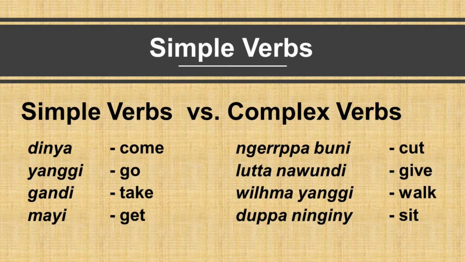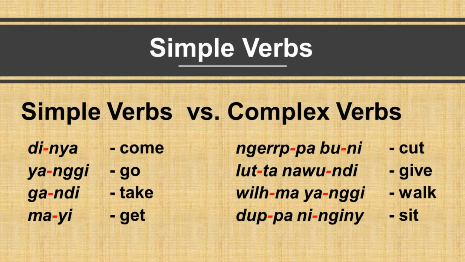So in this slide, you can see that even the simple verbs consist of 2 elements, and the complex verbs consist of 2 words, each of which consists of different parts. So let me explain them a bit. The verbal root for come is just di. When you want to cite the verb out of context, like in English to come or to go or to